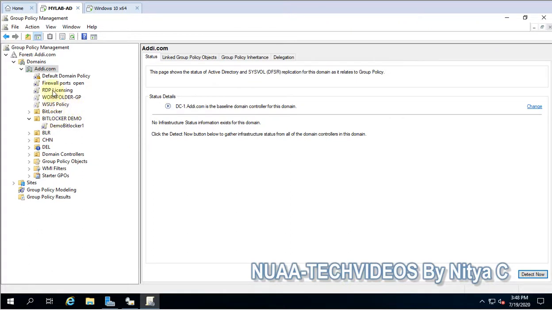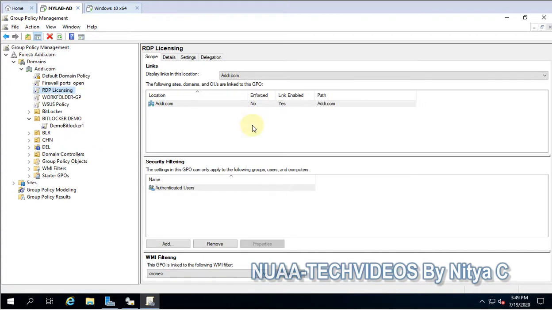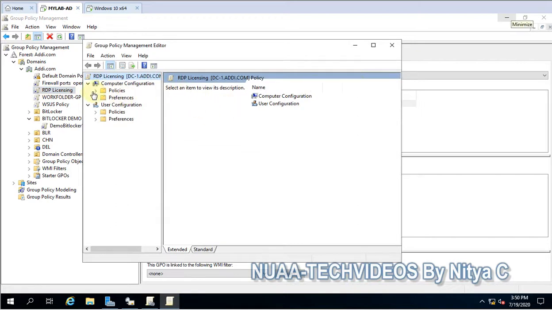policy is created, and let's edit the policy now. Edit. Let's expand the policies and administrative templates.